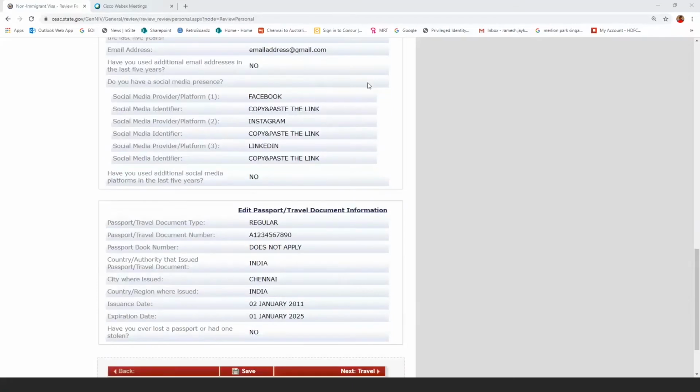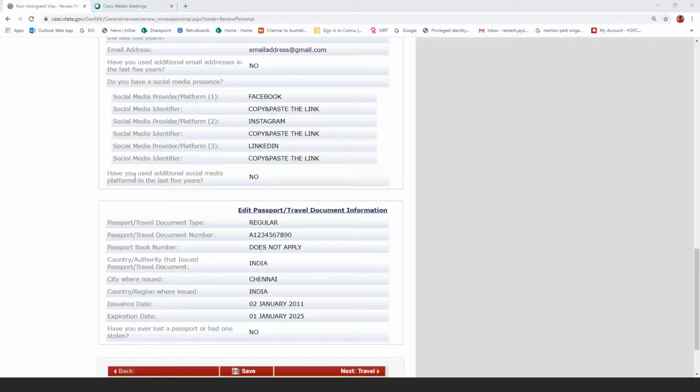Next part would be the social media presence. So most people are nowadays using Facebook, Instagram, and LinkedIn. If you have an account in any of these social media, try to copy paste the link. So add as much social media information over here and then give the link so that when somebody clicks on the link, it should directly take them to their account page or account information. So try to mention your Facebook, Instagram, LinkedIn in case you have accounts in any of the social media.